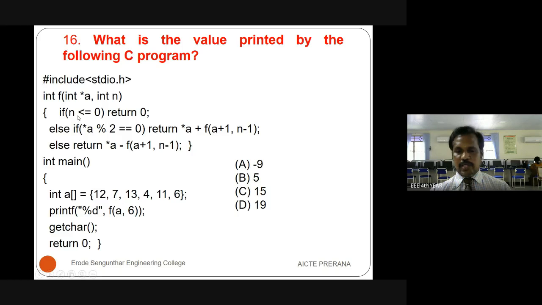What is the value of n? n equals n minus 1. So if it is less than or equal to 0, it returns 0. Otherwise, move on to this condition. Recursively, it calls the function. Whenever n is equal to 0 or less than 0, it reaches this condition and returns 0. Otherwise, it moves on to these statements. Finally, it returns the